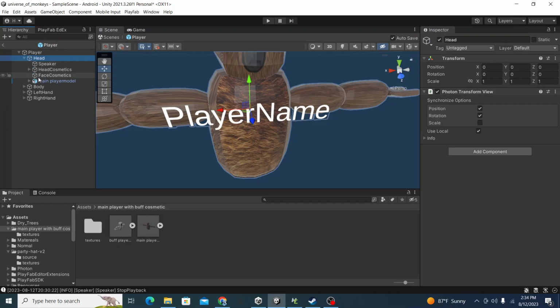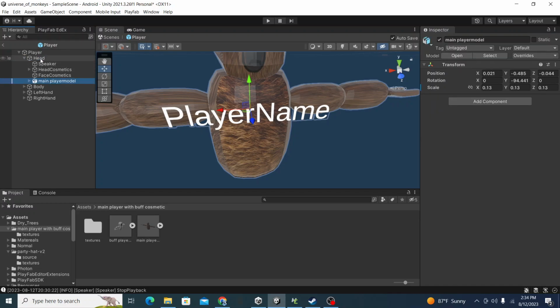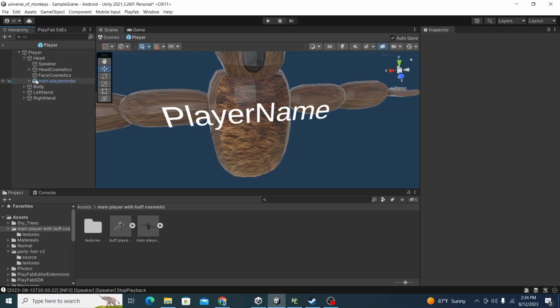Just get rid of the model that would be here, but make sure your player model is in head, but get rid of the other model, which models like these are Blender models. Get rid of the other Blender model that was in there. It's not your player model. And then